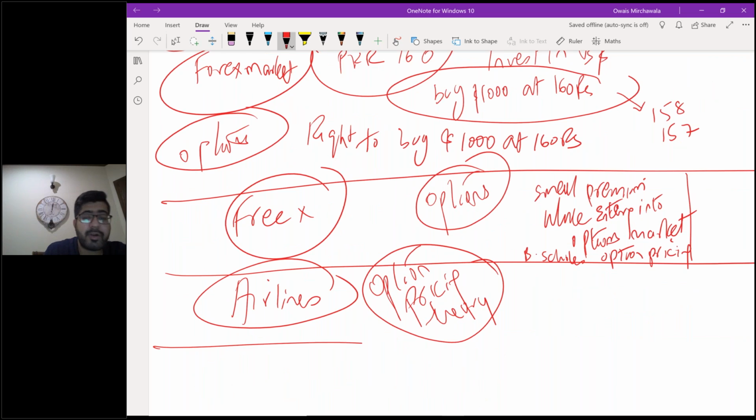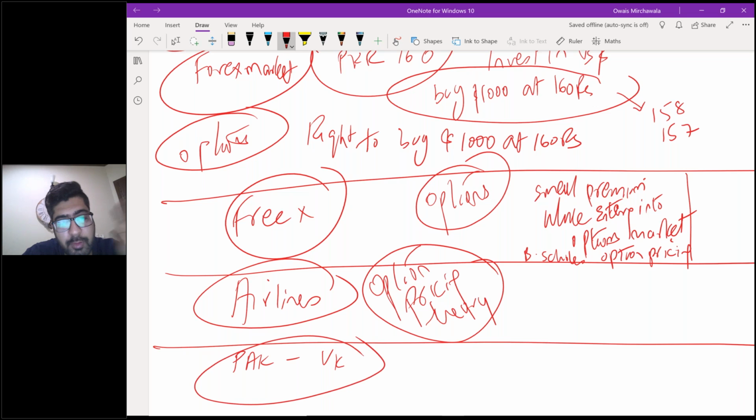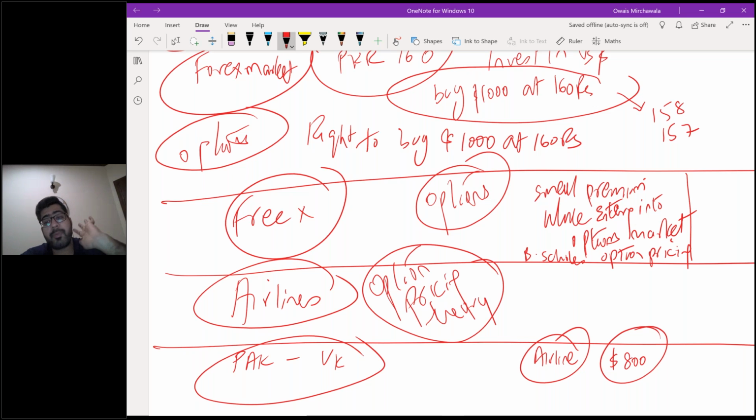Remember, for example, you want to travel from Pakistan to, let's suppose, the UK. You checked the dates at an airline website. The fares were, let's suppose, $800. That's a very common issue with travelers. Let's suppose you buy the ticket for $800. And after 3 or 4 days, when you again check the fares, you are getting the ticket for $600.